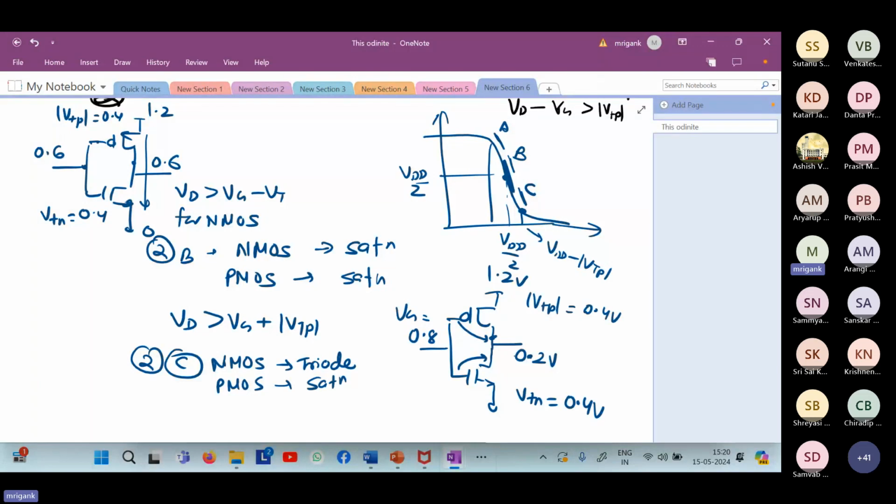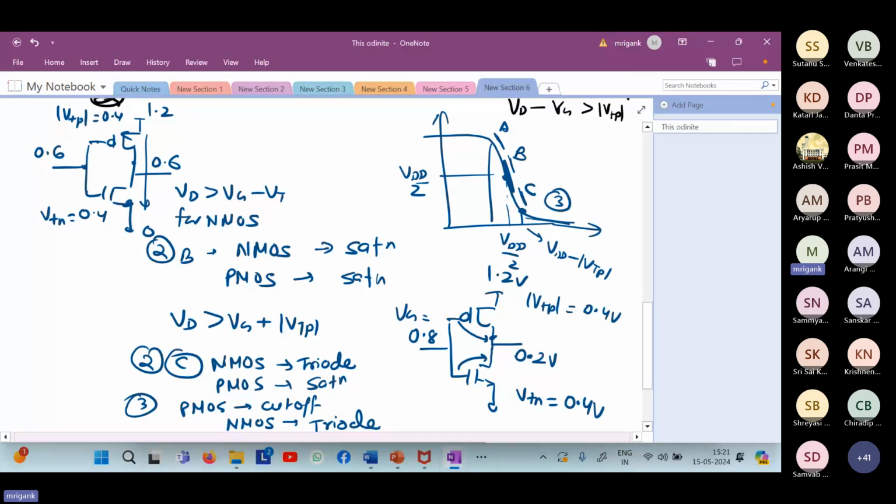And then finally, in region 3, the PMOS is cut off, which we have already seen. And NMOS, in the third region, when the output has become almost close to ground and input is close to VDD, NMOS is further deep in triode region. And now because the gate voltage is so high, going higher than 0.8 volt, the PMOS is going to be cut off because VSG is going to be low. So these are the regions of operation. You can understand how the region of operation changes across the transfer characteristics.